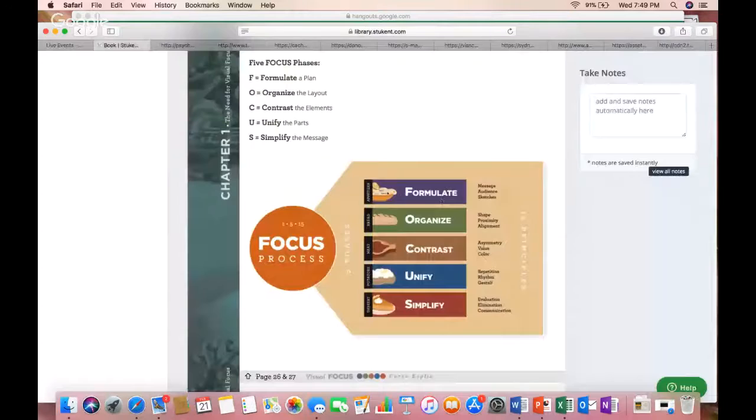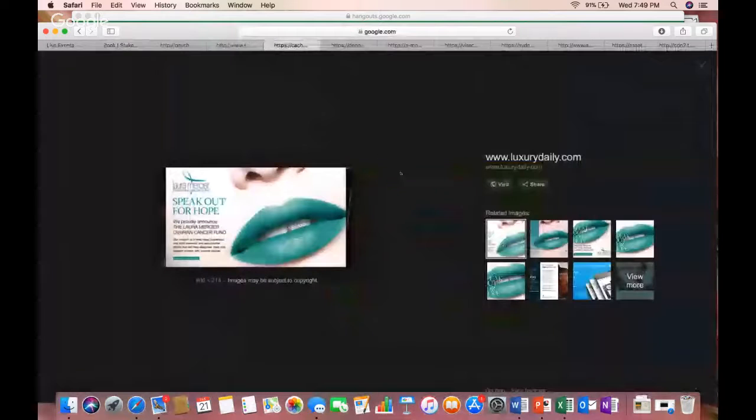And then next we have organize, which is shape, proximity, and alignment. I focused on alignment. My good example is this one from Laura Mercier. Everything is on a left alignment and it just looks super neat, and you can see everything clearly and nothing's